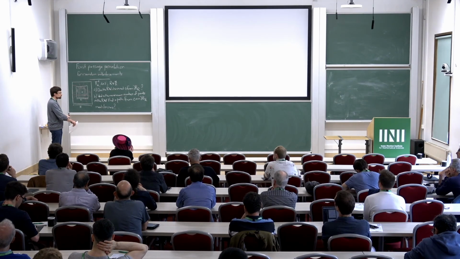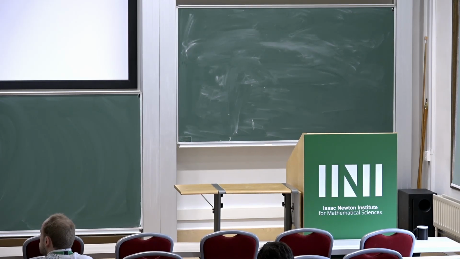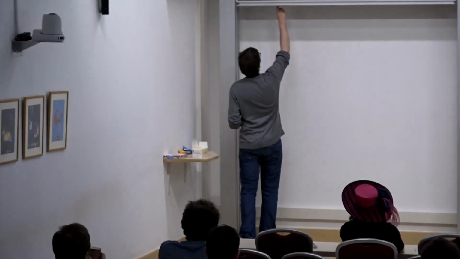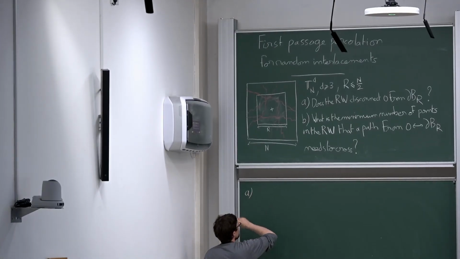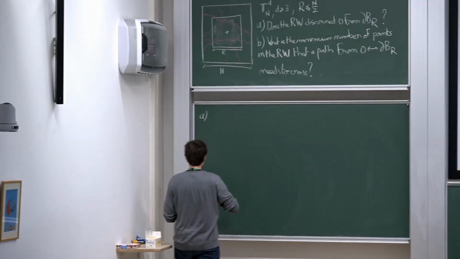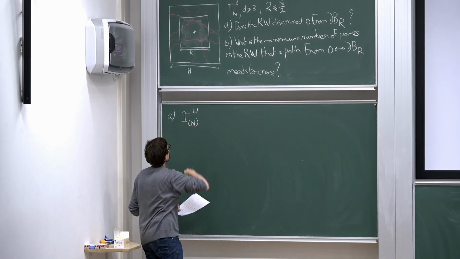Of course, here I did the picture in dimension 2, so it looks like the random walk is easily disconnecting the origin from the box. I just need to draw a circle around it, which the random walk can do with positive probability, and I will disconnect. But in higher dimension, it's much harder for the random walk to disconnect, and you actually need to wait a much longer time, which is proportional to the volume of the box. So the correct time scale will be to look at times which are a multiple u of the volume of the box, n to the d.